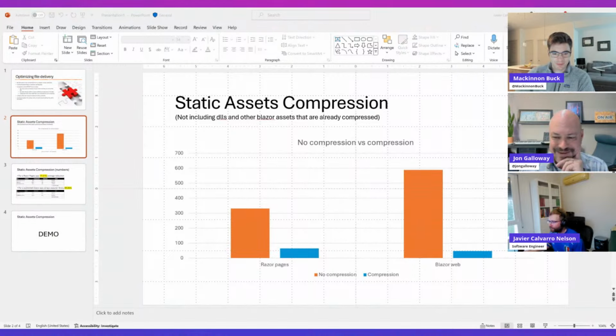Presenter view hits me every time. Yeah, I don't remember when the display settings again. So, but